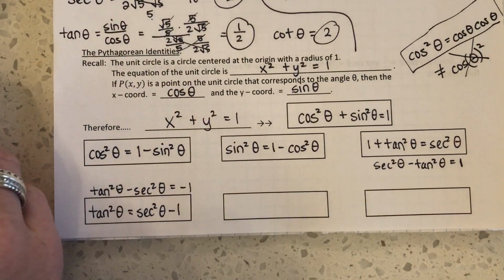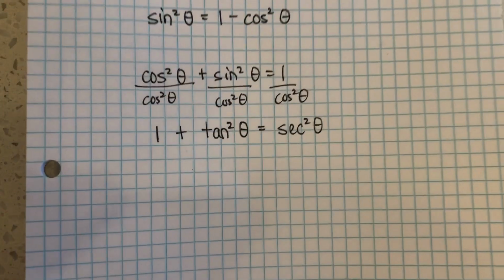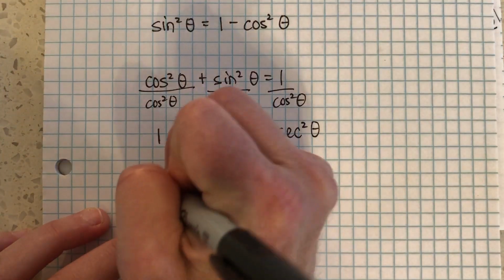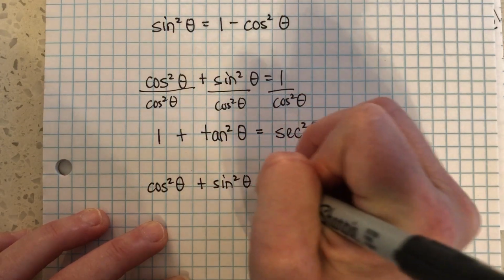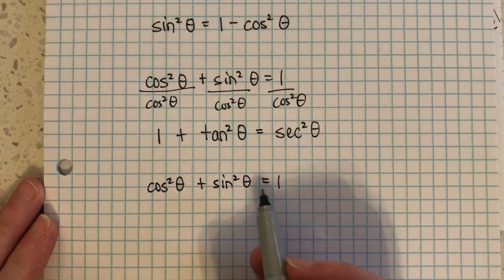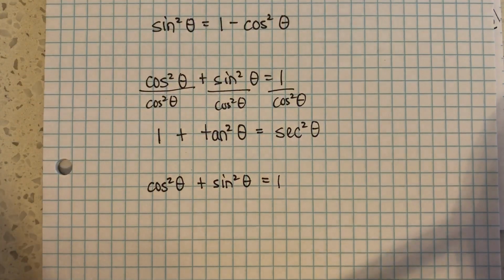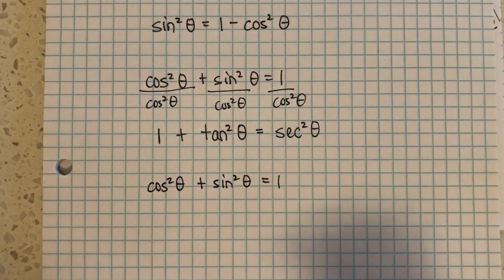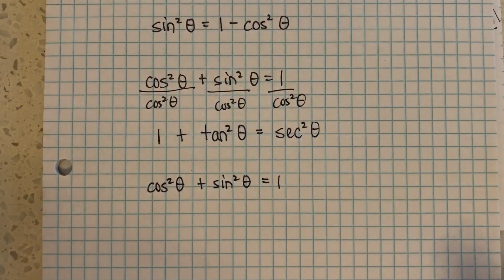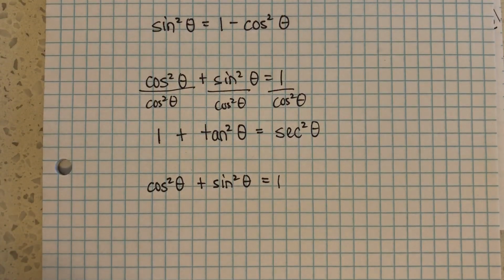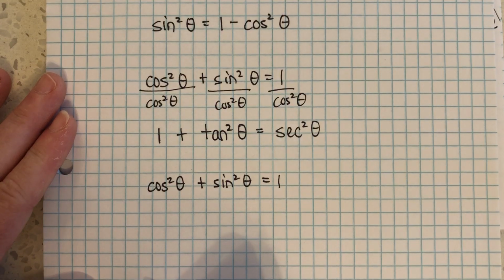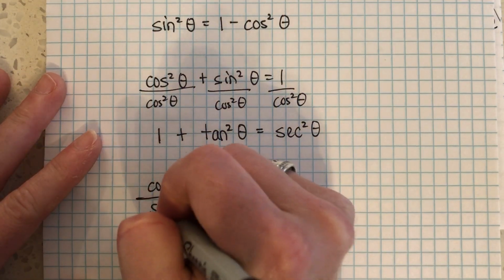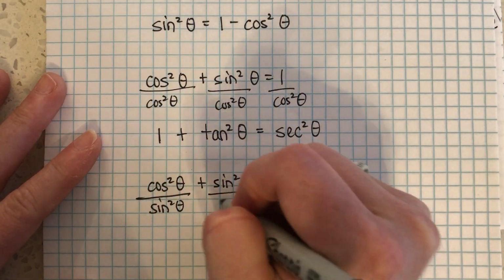All right, well, the last two. We're going to go back to the original. Cosine squared theta plus sine squared theta equals 1. And again, if you can remember this one, you should be able to come up with the list on your own pretty easily just by subtracting things to the other side, dividing by things. You can come up with all your other Pythagorean identities. Well, what if you went back to the original and said, I think I'm going to divide everything by sine squared theta this time. So if I divide everything by sine squared theta,